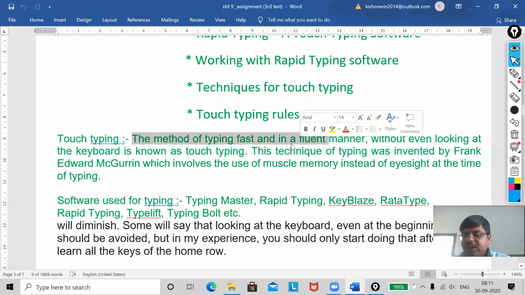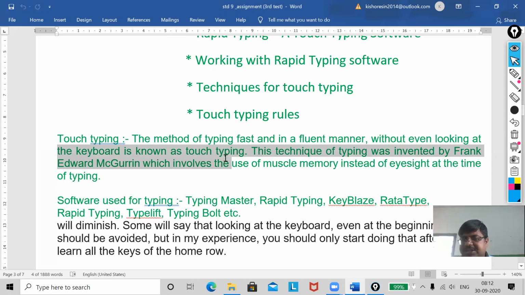Listen, my dear, when you are using the typewriter, you are hitting the keys hard, but when you are practicing on your PC, either the laptop or the desktop, your keys are soft. You only have to press a little bit so that you can get that letter visible on the screen. Don't be hard on the keys. If you are hard on the keys, what will happen? Maybe the keys can be damaged, my dear. Now, typing without even looking at the keyboard is known as touch typing.